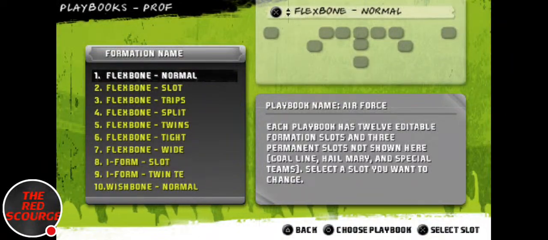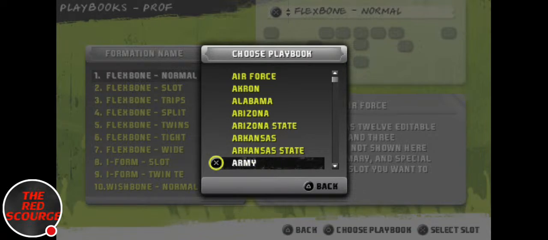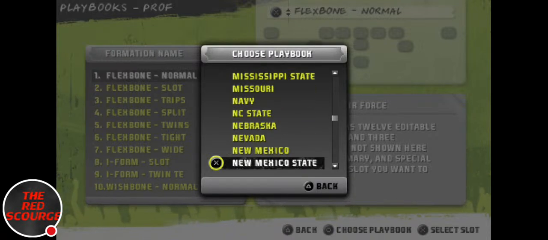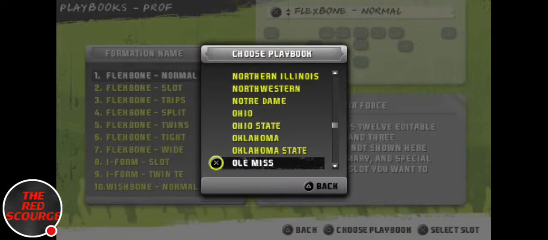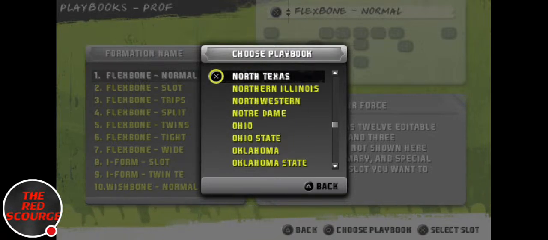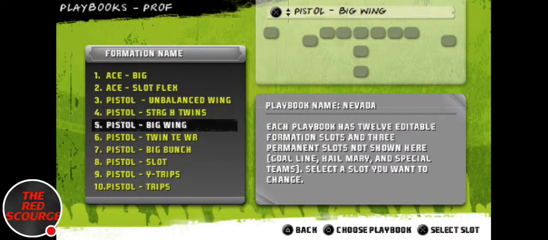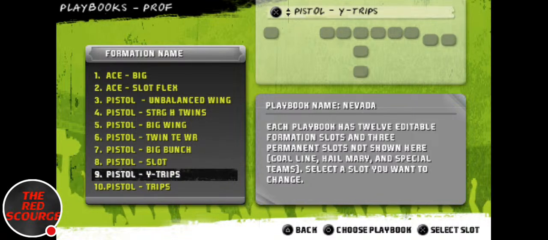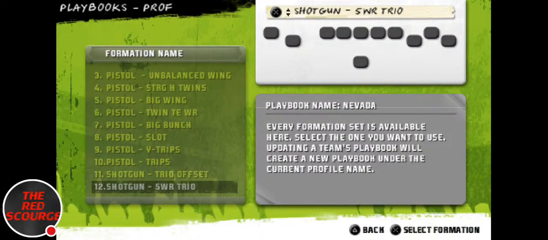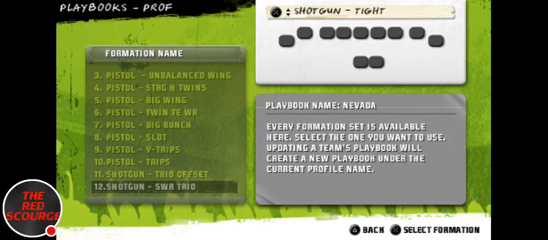So we want probably a shotgun formation as the freebie. So who runs all shotgun? I don't know. There are probably a lot of other teams, but this is an old game, and Oregon should have been running spread in 06 when this came out in 07. You know, actually, we're going to take Nevada. Ooh, this one doesn't have pistol, does it? Does this have pistol? Yeah, okay, this has some pistol in it. I'm wondering how much pistol we can effectively run. I love trio offset. We don't have the guys for 5 wide. We're just going to go with...